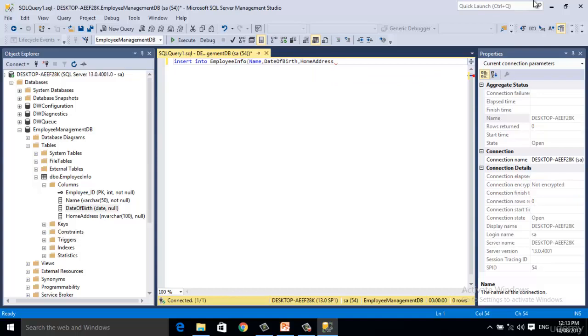Okay, here you can see that all the columns of our table have been defined in the insert statement, except the employee ID, which is auto incremental, and we don't need to bother about its value. Just place the close parenthesis, then give a space and write the keyword value. Value, again start parenthesis,